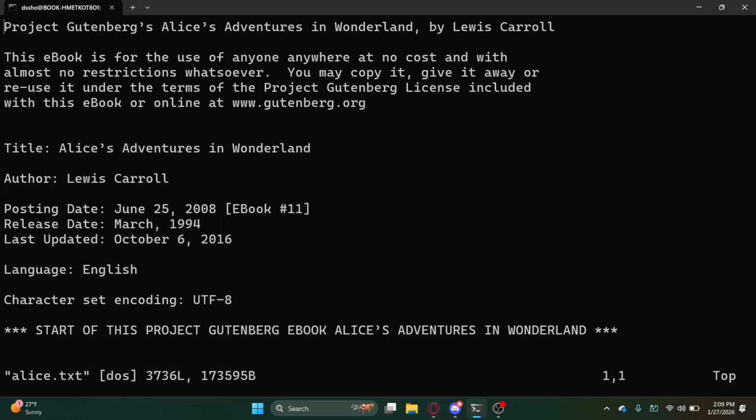GG, lowercase. Two lowercase G's will get you the first line. Let's talk about searching. If I want to search, I type slash. You can see the slash at the bottom of my screen right now, followed by the term that I want to search for. I expect the word Alice to appear a whole bunch of times because it's Alice's